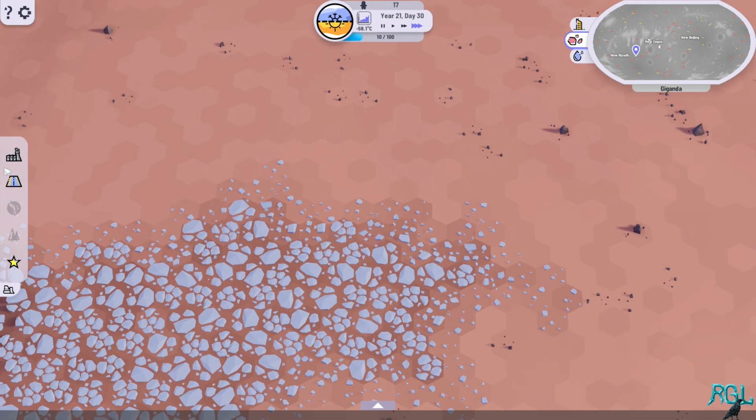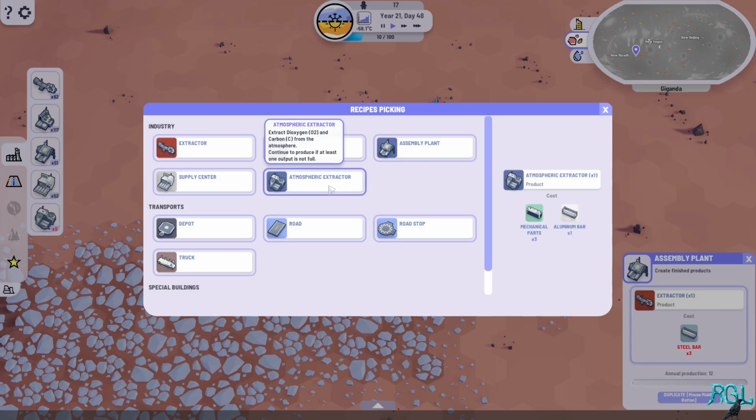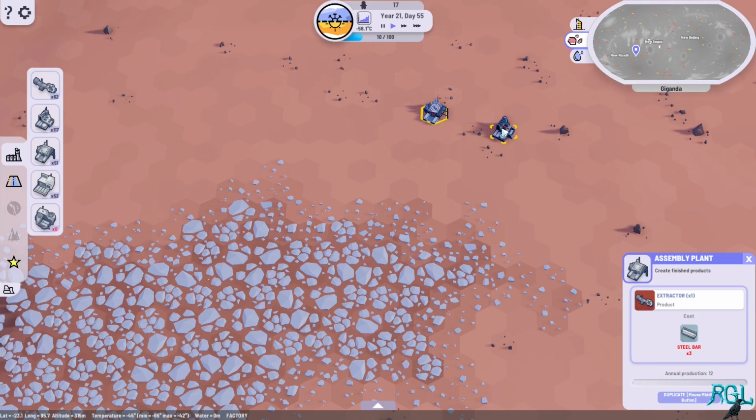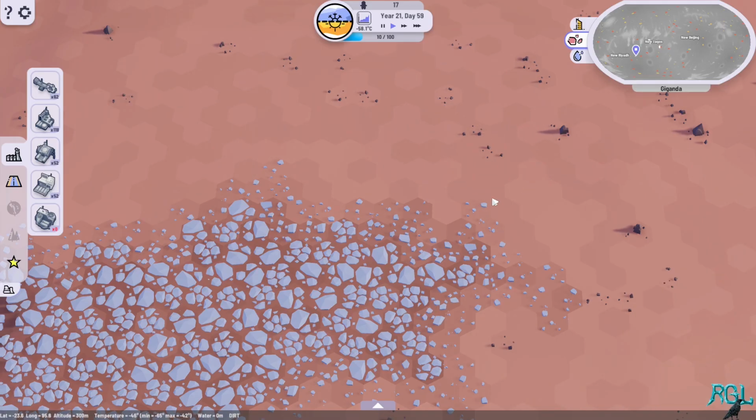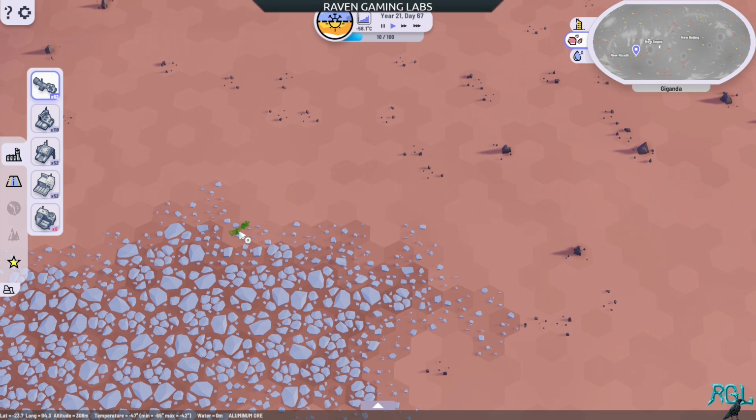Okay, so the next big thing that we need, I'm going to place a factory and an assembly plant. So we need an atmospheric generator, which requires quite a lot of stuff, and it requires aluminum bars. Now, aluminum bars just require aluminum ore. So what we're going to do is we are going to use our vastly more efficient model here. And basically what we're going to do is